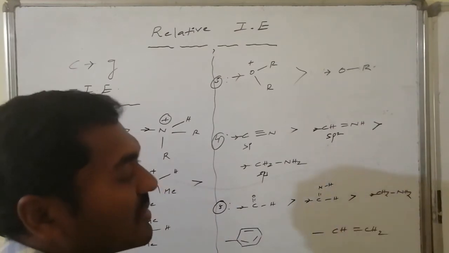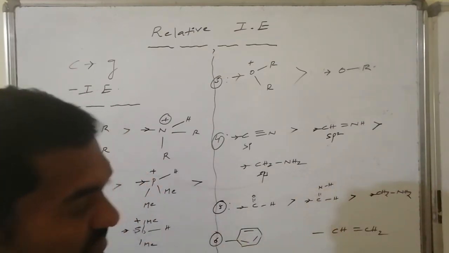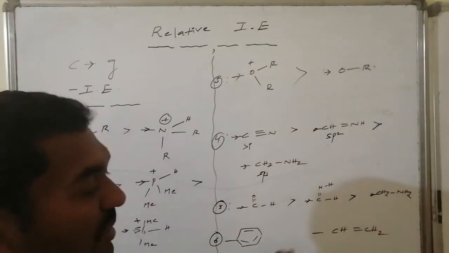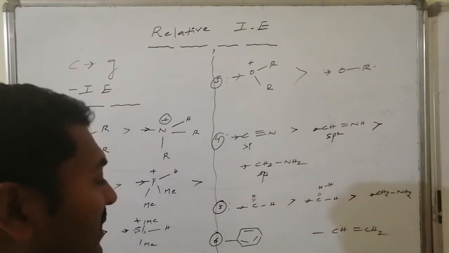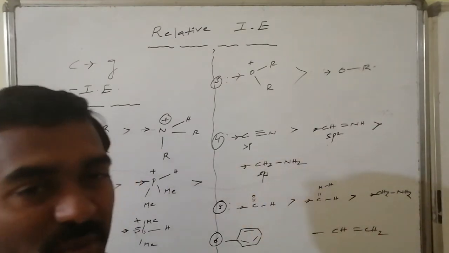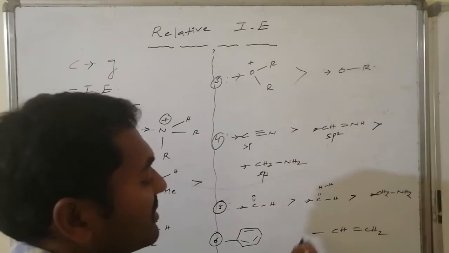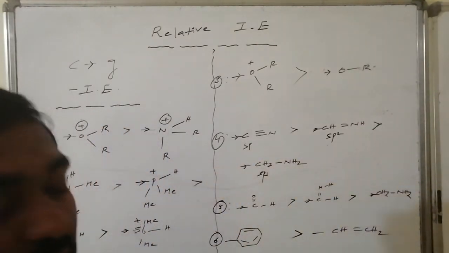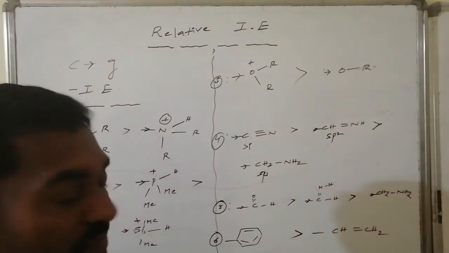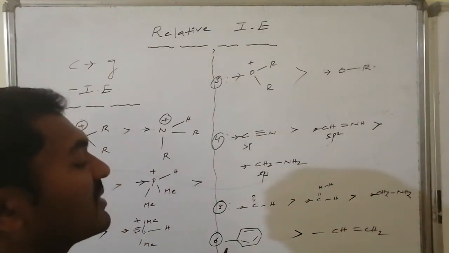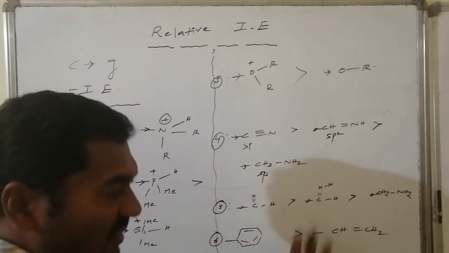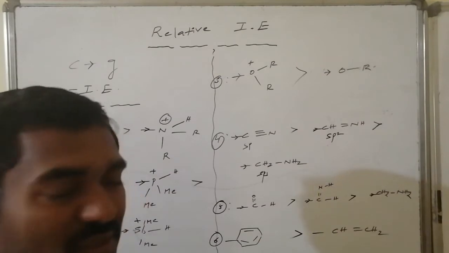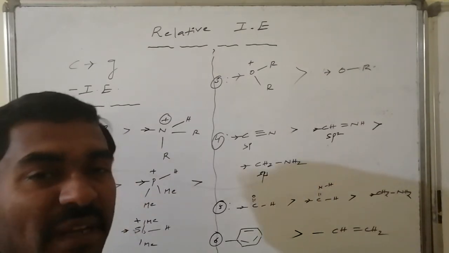These are all withdrawing, hence we write an arrow mark towards the group. Last case: phenyl followed by an unsaturated system with conjugation, having aromatic character followed by non-aromatic character. They should both have the same sp hybridization, but it was found that the phenyl system has a higher minus inductive effect because it involves resonance. Due to its resonance ability, the electron density is shared between all carbon atoms present in the ring system. Hence, whatever effect is shown by the phenyl system is the maximum effect.